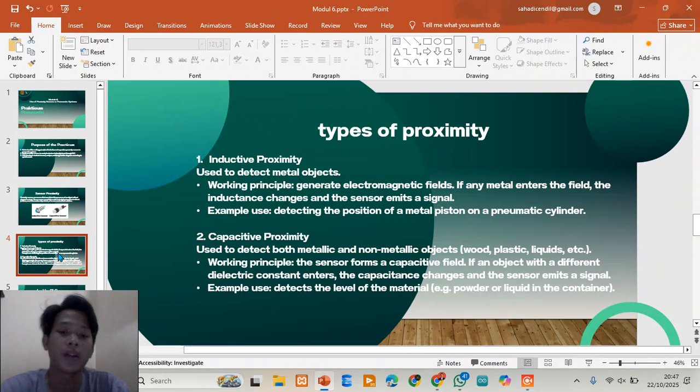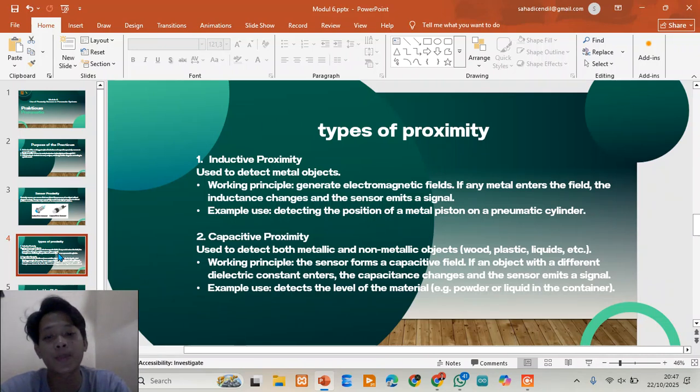Typical applications are detecting the piston position in a pneumatic cylinder or the presence of a metal component on a conveyor line.